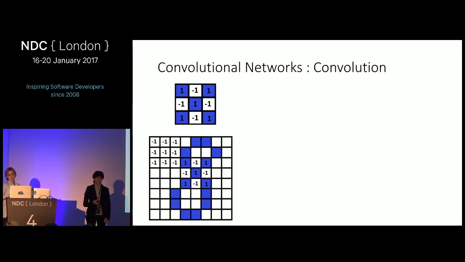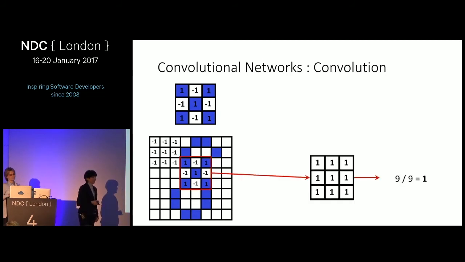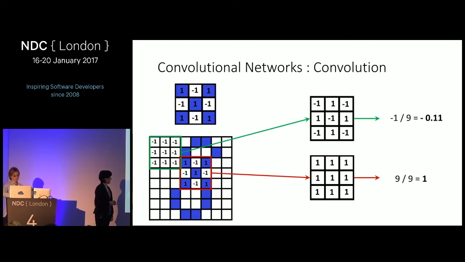And then to see if the feature matches or not, we multiply corresponding numbers on pixels in the feature and the image patch. And that is an example of a full match. We multiply -1 with -1, plus 1 multiplied by 1, so we have 9 ones. We sum it up, and then divide by the number of pixels. So the full, ideal feature match will give us 1. And that is an example of a not so good feature match. It gives us -0.11. Trusty mathematics is right here. I checked it like 1,000 times. So we know the mathematics behind the convolution.